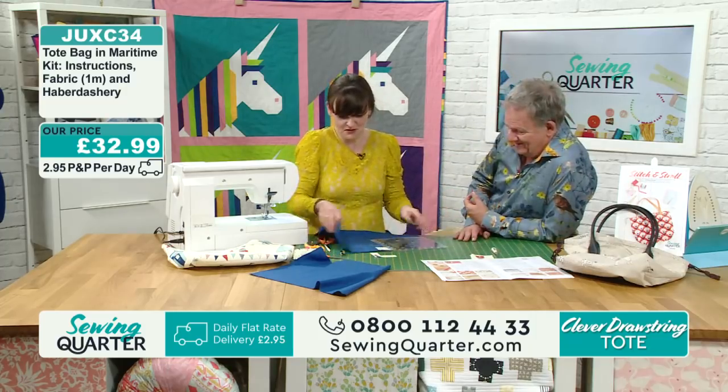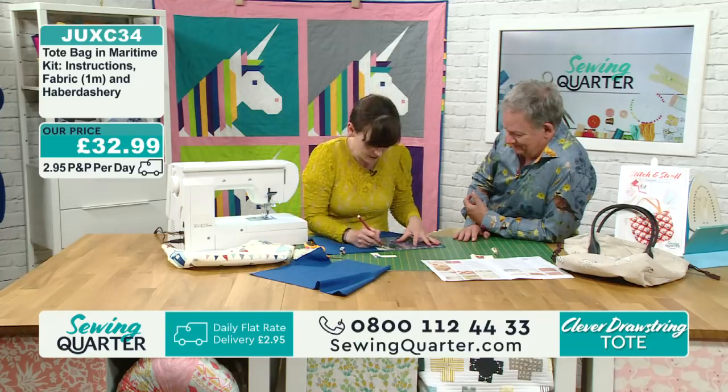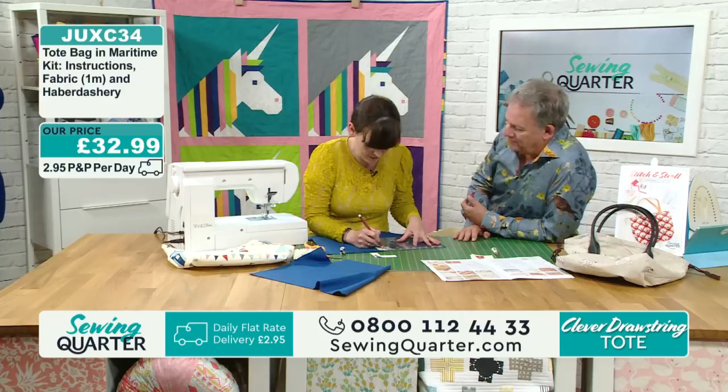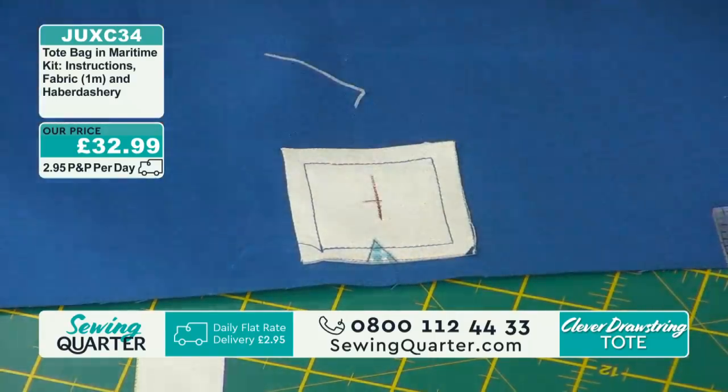Right, so I'm going to mark on this side, the 1/4 inch down. No, the 1.5 inches down from the top of the bag, yeah. Lining, I mean. In the centre, there we go. Okay. And then,